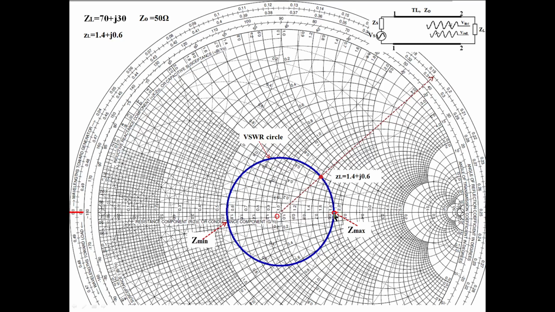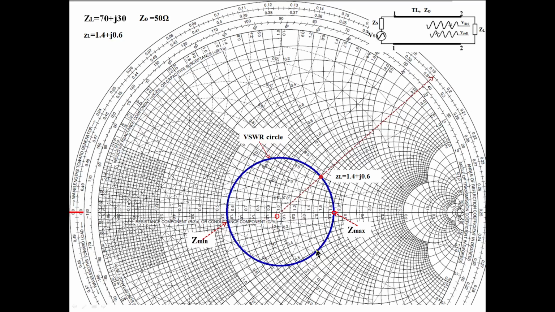We want to know how much distance we traveled from the load to here. Again you draw a line passing through the point where we want to find the impedance. It touches the wavelength scale somewhere. You note down the reading, it is 0.25 here, and the load reading is 0.192. Take a difference. That gives the distance from here to here. Like that, easily we can measure.